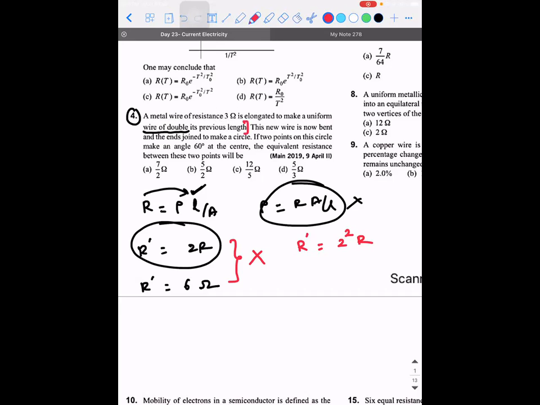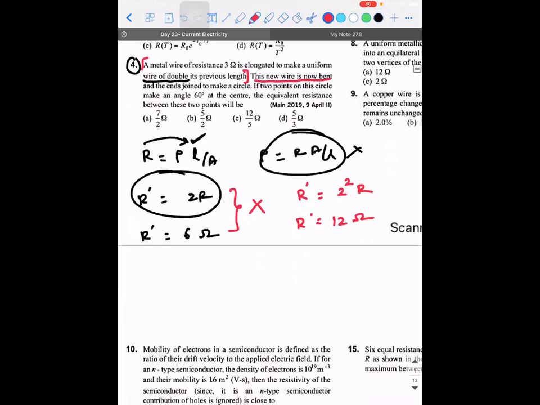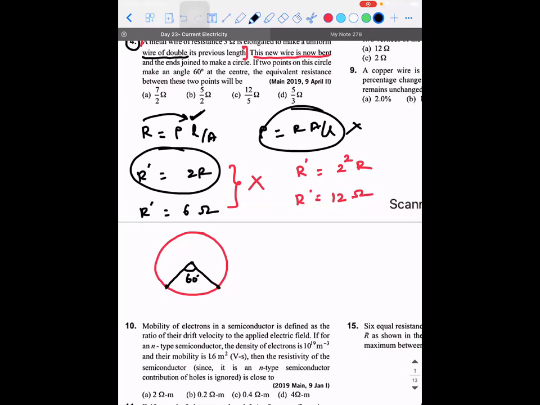So okay, we solved the question. The new wire has a resistance of how much value? R dash, the new wire resistance, is 12 ohm. Correct. This 12 ohm resistance is bent into the form of a circle, and there are 2 points chosen on this circle such that with respect to the center, these 2 points make an angle of 60 degrees. Now they are asking what is the equivalent resistance between these 2 points A and B. Now tell me one thing. This part is the...